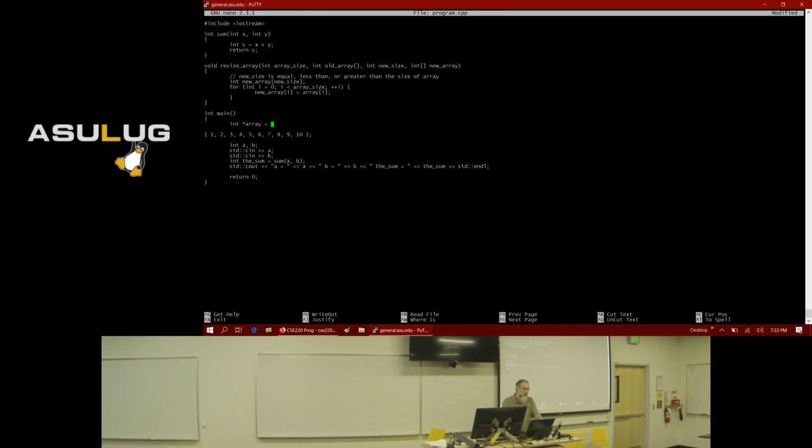A lot of the newer features that have been added to the language since 1998 are things that we just don't really use in CSE 100. So I'm doing this as if I'm writing 98 code, because there are probably different or possibly better ways to do this if I were using a newer version of C++.